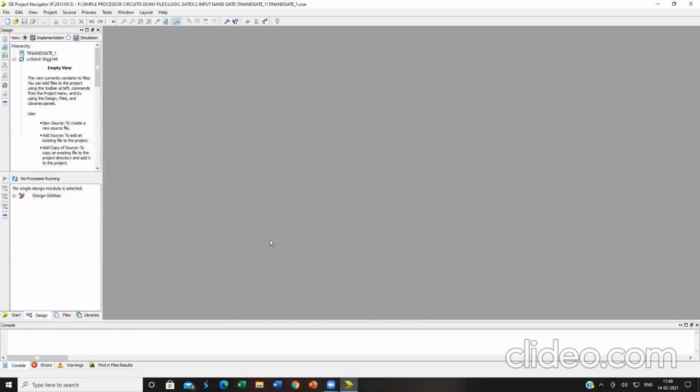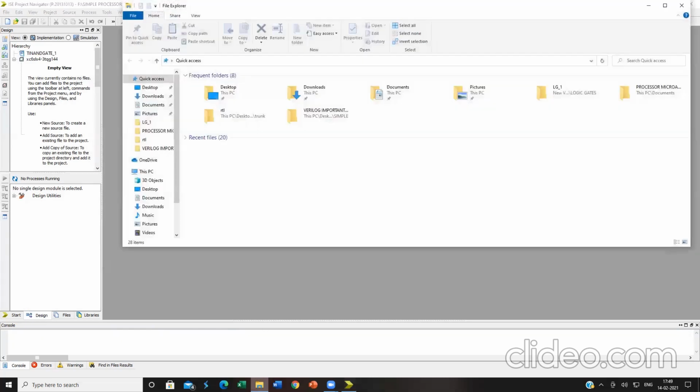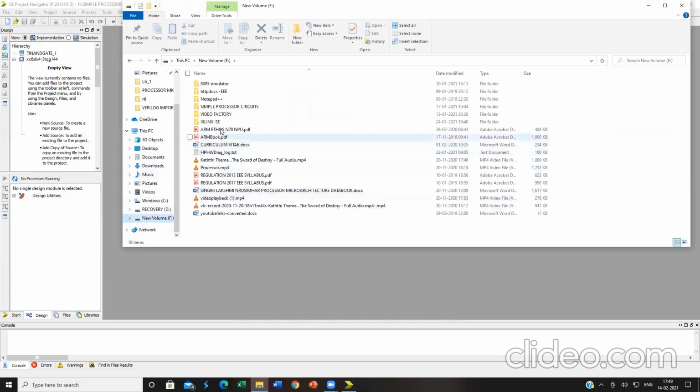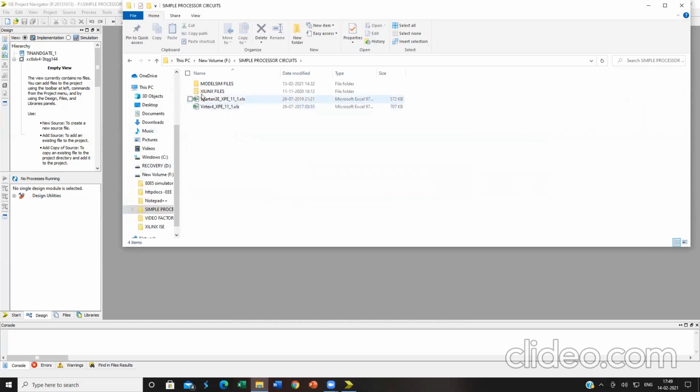Now what would have happened is that a folder would have been created, present in the F drive. Just to see, I'll show you: simple process circuits, Xilinx files, logic gates, 2 input NAND gates.